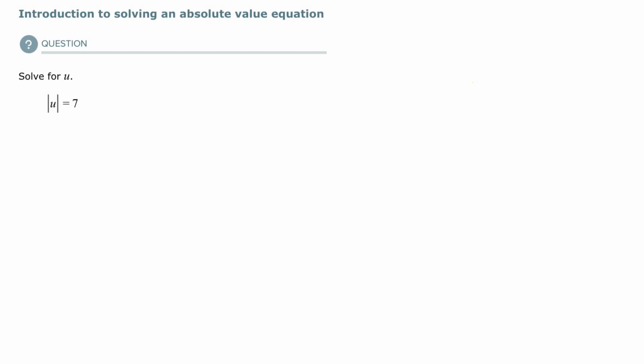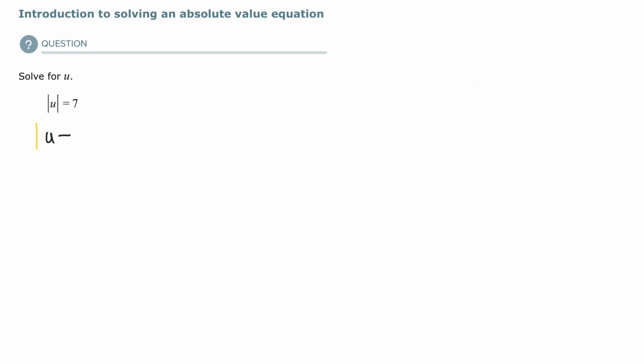Solve for u. The absolute value of u is equal to 7. I'm going to explain this a little bit differently. I'm going to actually use transformations to explain this. And so I'm going to write the absolute value of, let's say, u